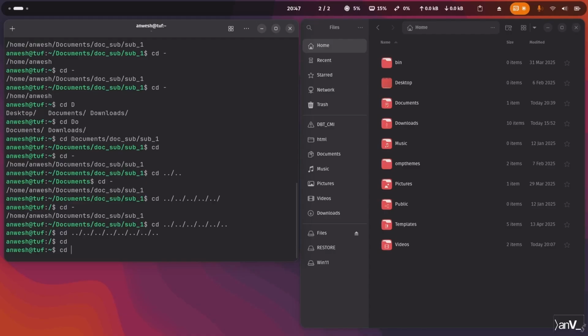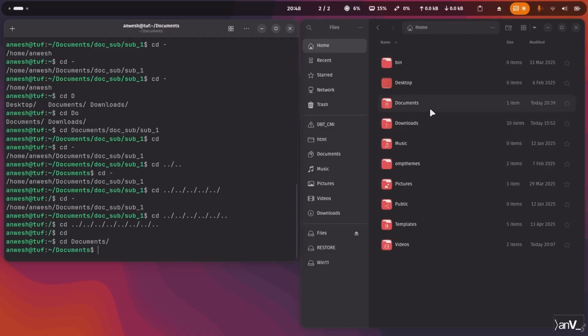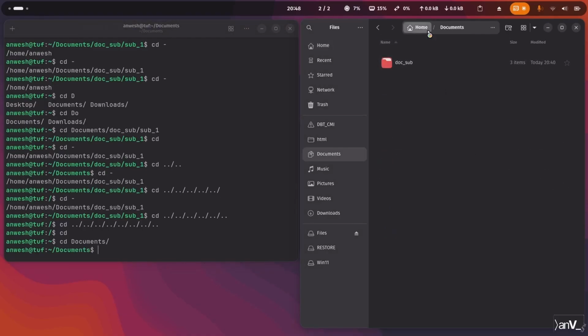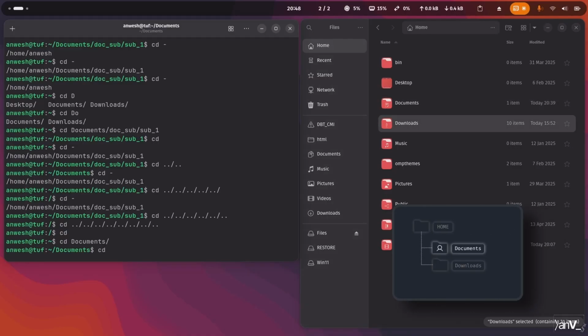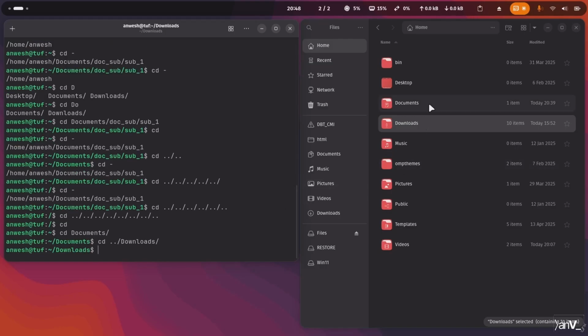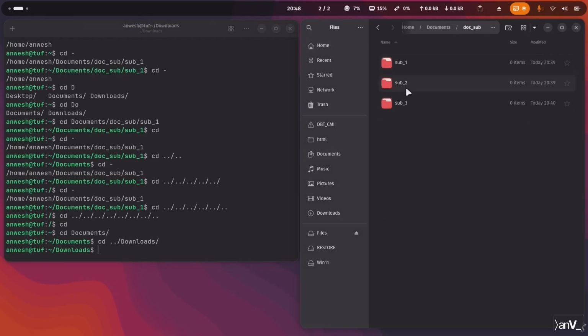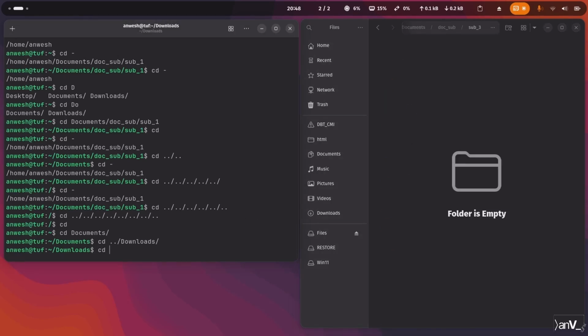Let's go back to the documents directory. Now from here, if we want to navigate to the downloads directory, we can type cd double dots slash downloads. Try going back to one of those subdirectories in the documents directory right from here. So we can type